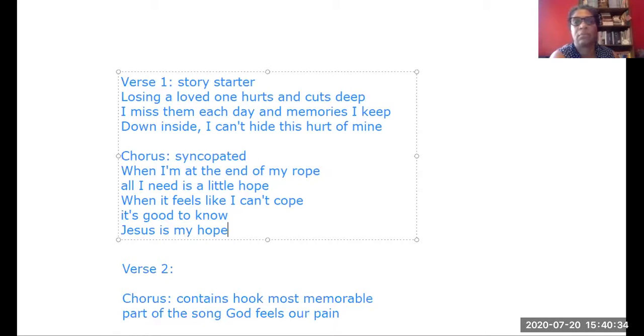Let's say that word together: syncopated, syncopated, syncopated. That's a four-syllable word. That's a big word. Think of a sink, like where you wash your hands. Syncopated. Little kids especially can say these big giant words.